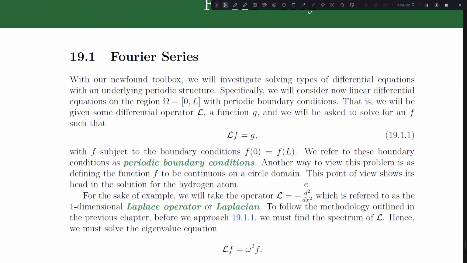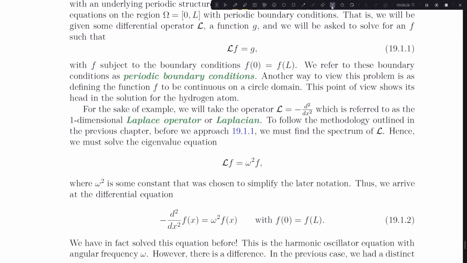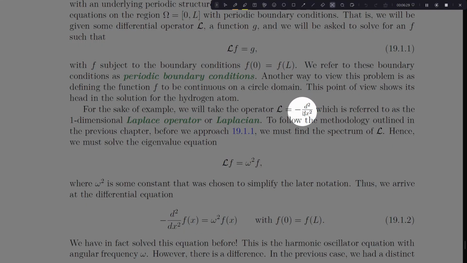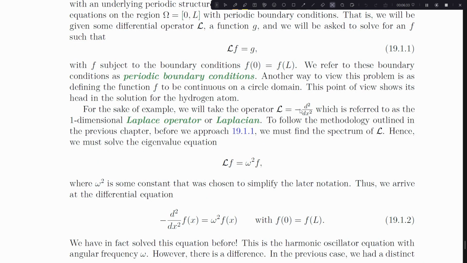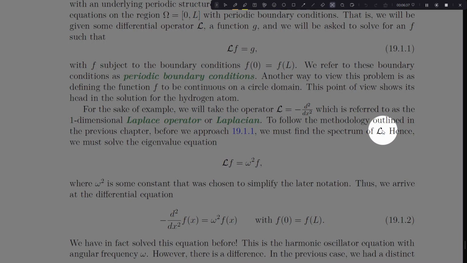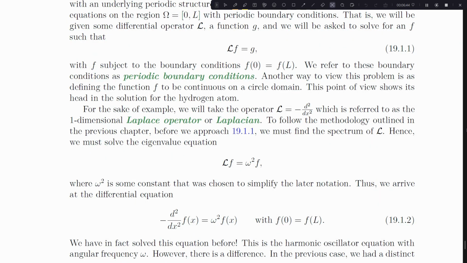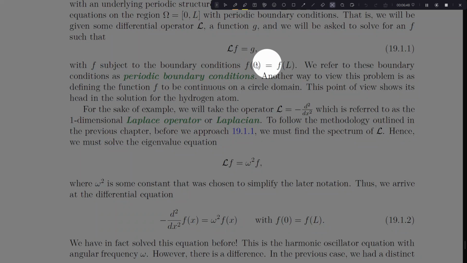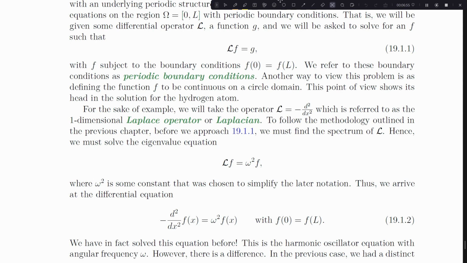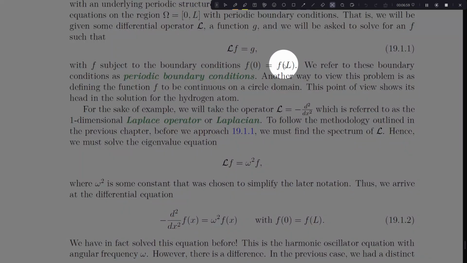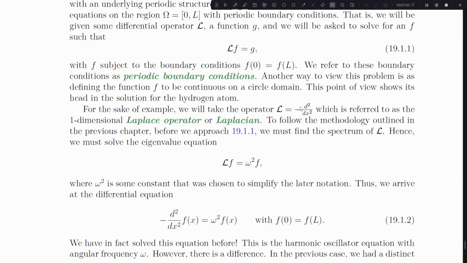We start with the Laplace operator, negative d squared dx squared. And a couple lectures ago, I proved to you all that the spectrum of this Laplace operator was purely real. And I did that by way of showing that the operator was self-adjoint, right? So it's self-adjoint, in particular with these boundary conditions, which I said were natural maybe when you were dealing with the Schrodinger equation, particle in a box. So these boundary conditions are natural. This operator is actually self-adjoint within that context, which means that the spectrum is purely real. Spectrum, recall, this word just means the eigenvalues. So the eigenvalues